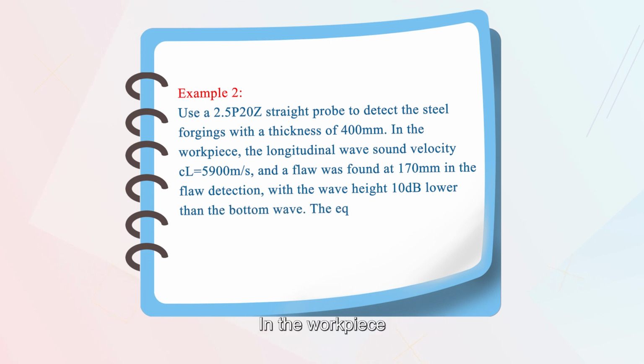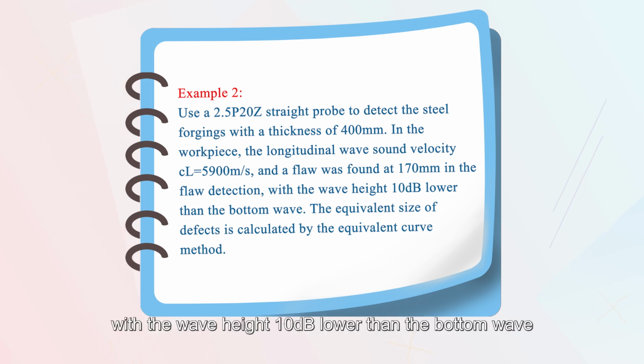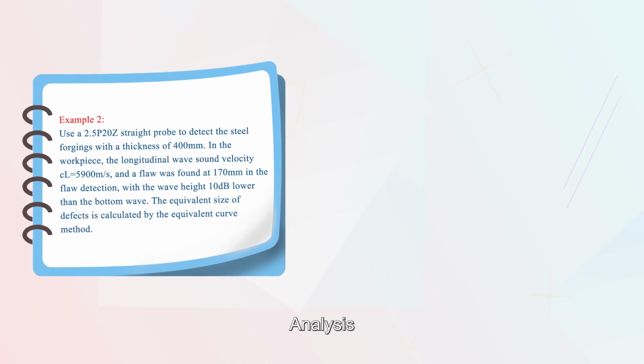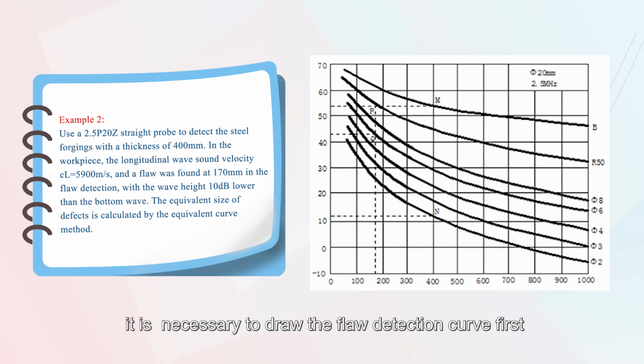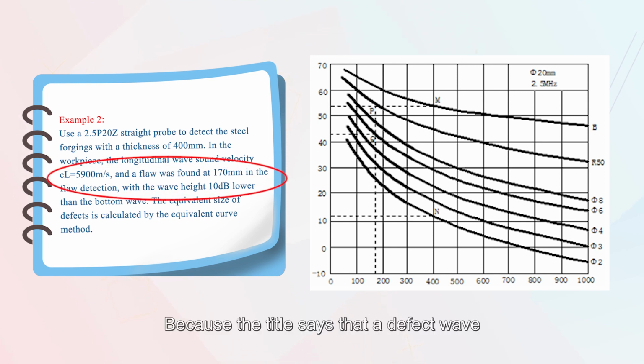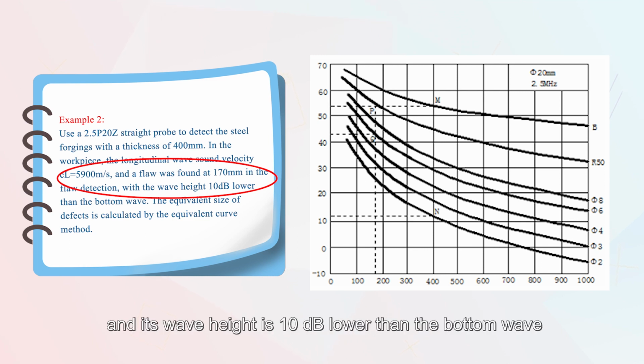mm. In the workpiece, the longitudinal wave sound velocity CL is 5,900, and a flaw was found at 170 mm in the flaw detection, with a wave height 10 dB lower than the bottom wave. The equivalent size of the defect is to be calculated by the equivalent curve method. When using the equivalent curve method to quantify defects, it is necessary to draw the flaw detection curve first, as shown in the right figure, and the practical AVG curve has been drawn in this question. Because the problem says that the defect wave is found at a depth of 170 mm, and its wave height is 10 dB lower than the bottom wave,